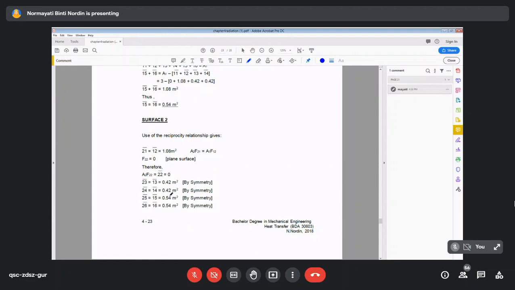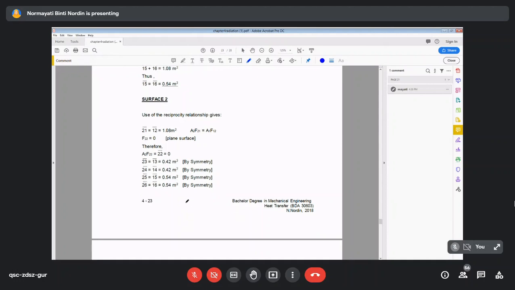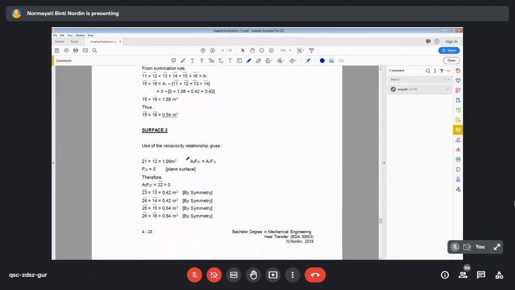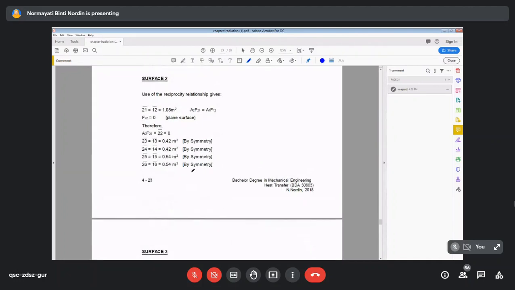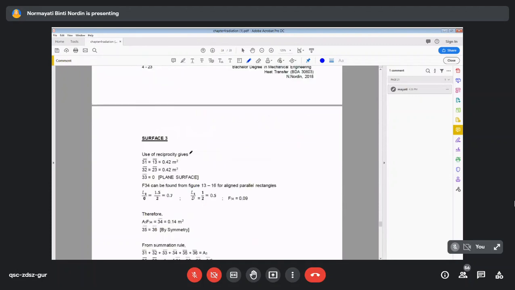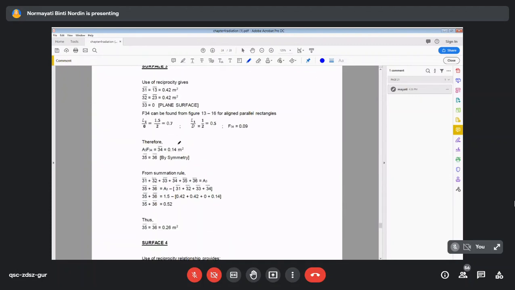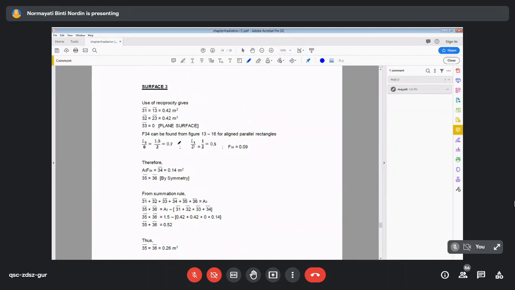Kenapa saya kata lebih mudah? Sebab nanti by symmetry, by reciprocity relationship, you guys just boleh simply solve the exchange area. Okay, so tak perlu dah nak rujuk chart lagi. So you just boleh guna teknik mempermudahkan lagi solution. Itu saja. So nanti you guys boleh study benda ni. You akan tengok macam mana teknik-teknik nak mempermudahkan pencarian exchange area atau view factor tu